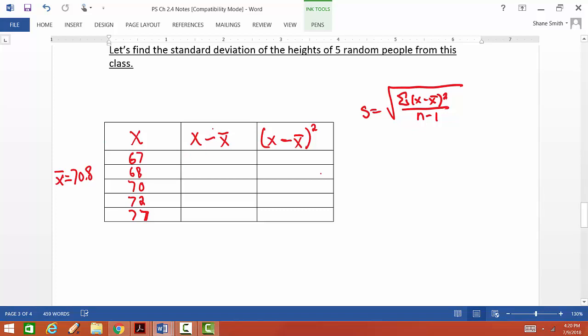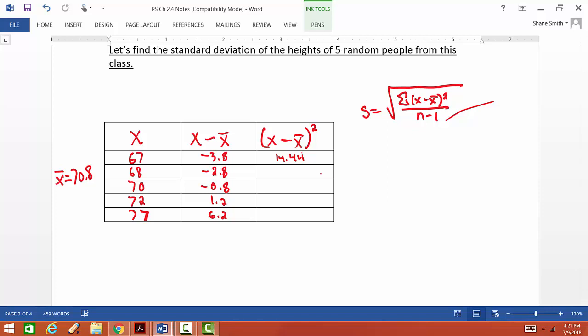And let's subtract that from each of the entries. So this is -3.8, this is -2.8, this is -0.8, this is 1.2, and this is 6.2, I think. Yeah, that looks right. And now we have to square all these numbers. So if we take -3.8 and square it, we get 14.44. Okay, and if we take 2.8